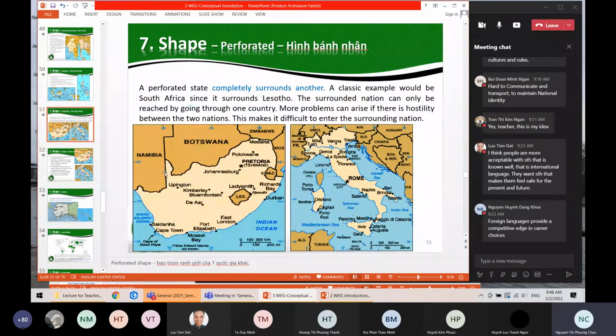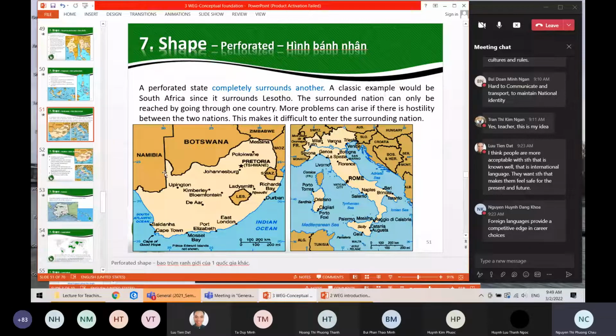Well, we can see the bigger one has more advantage, right? Because it totally controls the smaller one, and the smaller one has more disadvantage, because when people in the smaller one would like to move in or move out, that must be allowed by the bigger one. That's some difficulty.